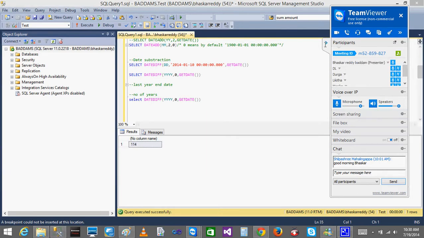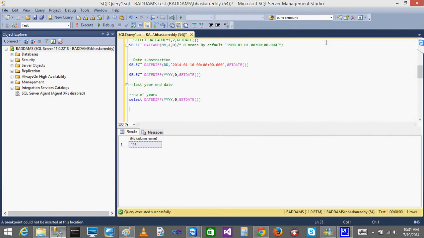I reconnected, but it did show at the starting, and it's again showing after a minute. Same thing happened for me also. Durga, can you see my screen now? Others, you can't see my screen, right?